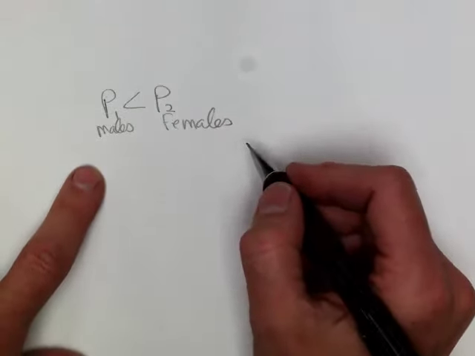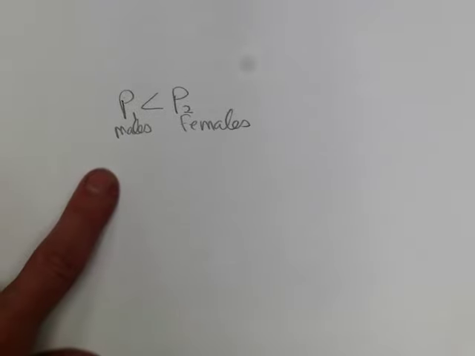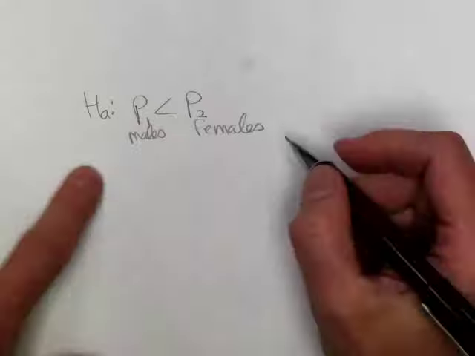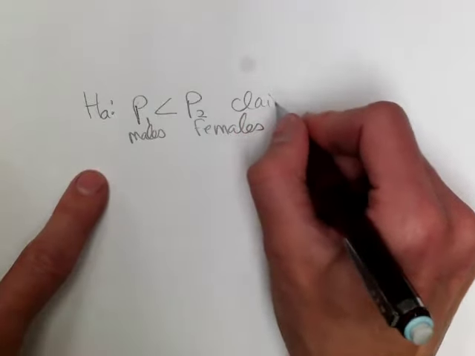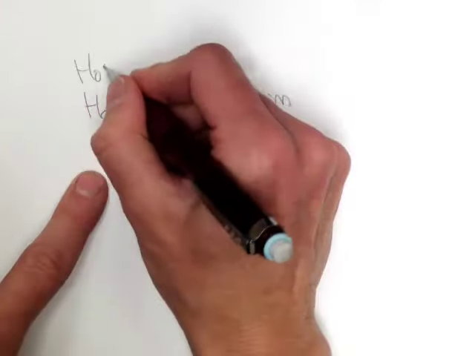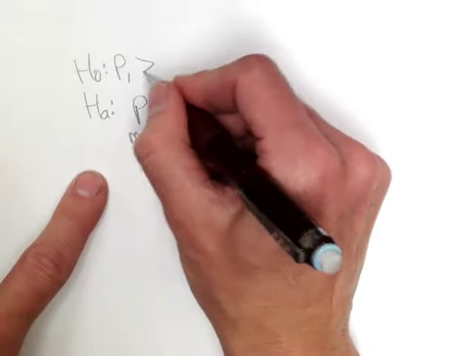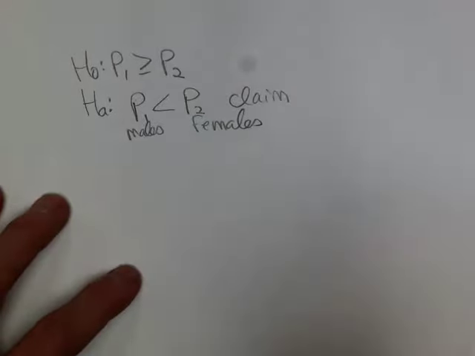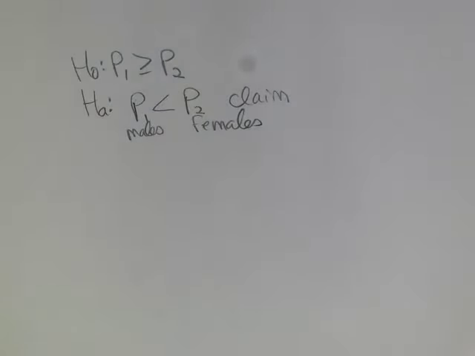Because this does not contain the case of equality, this is the alternative, and this happens to be the claim. So this makes the null hypothesis p sub 1 greater than or equal to p sub 2. Now before we go in and start